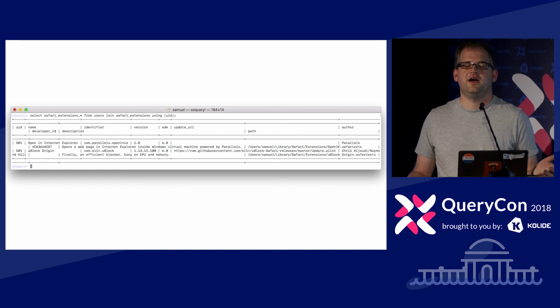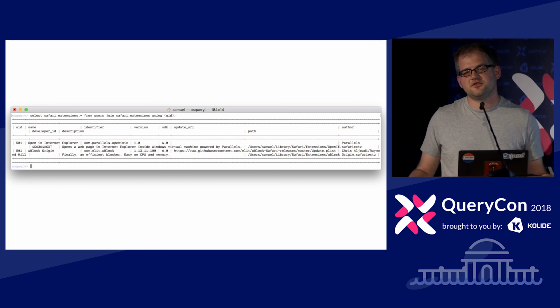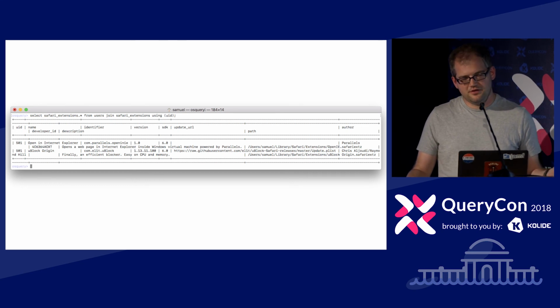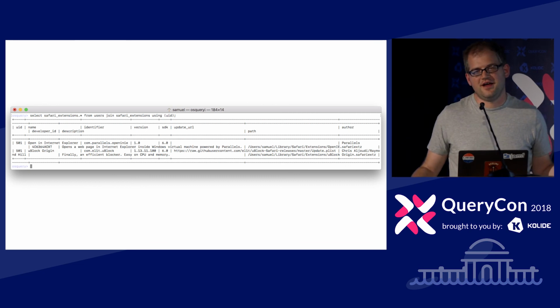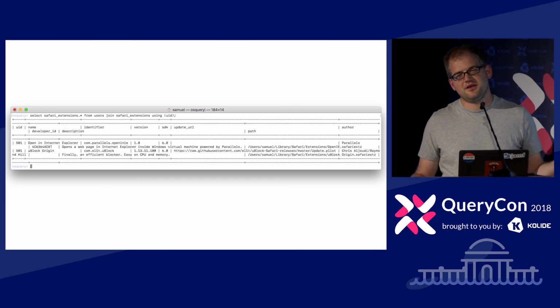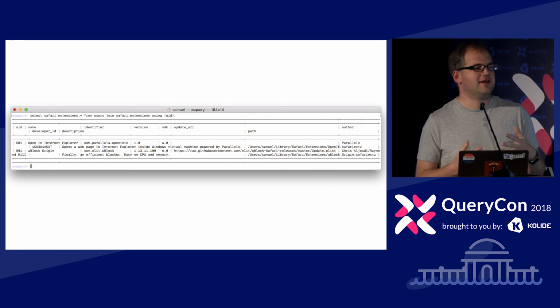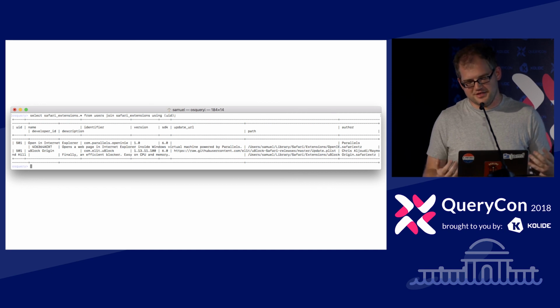So if you just looked at the Safari extensions table and Osquery is running as root, it's only going to know to target that user. So, you'll commonly see things like this where Osquery is going to look at the users table, find all the users on the system, and then join that against the Safari extensions table to get everything back. So this is like the most basic advanced query. You're taking two things, putting them together, and getting data out of it that you couldn't just get from one table.